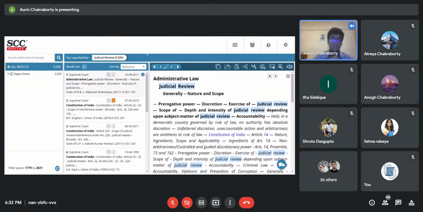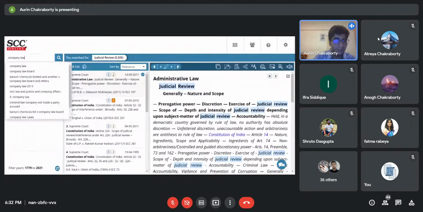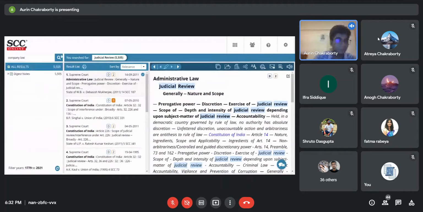Right now, again, you can see there are 5,505 aspects to this search. So what you can essentially do is, take, for example, you want to explore the scope of the power of the high courts with respect to judicial review against the National Company Law Tribunal. You can just write company law in your search within search, or any generic word will do, and it will give you cases to that effect